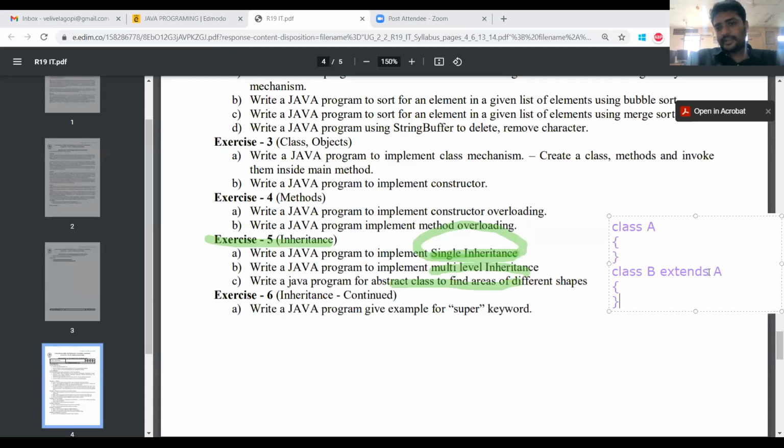Here we use the keyword extends. Single superclass and single subclass. This type of inheritance is called single inheritance.